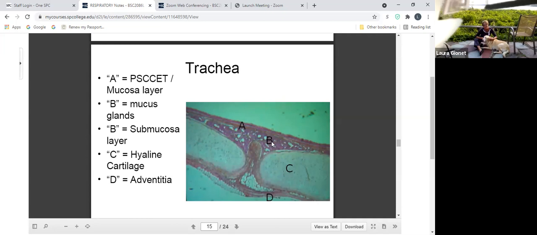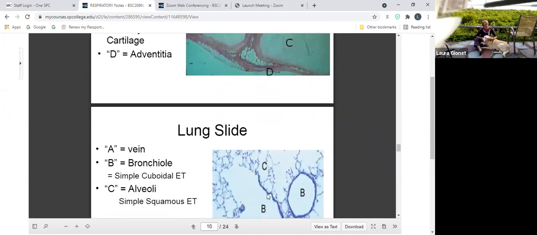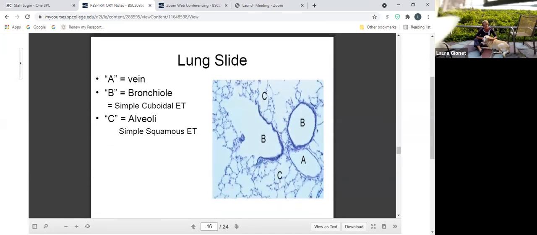And so we have a lot of mucus glands, so that's simple cuboidal epithelial tissue. And the connective tissue, the areolar connective tissue, is the most abundant. And then to the outside at D, where you can see adipose tissue there, that would be your adventitia, connective tissue layer. All right, so once we see C, which are the alveoli, now you can start to see